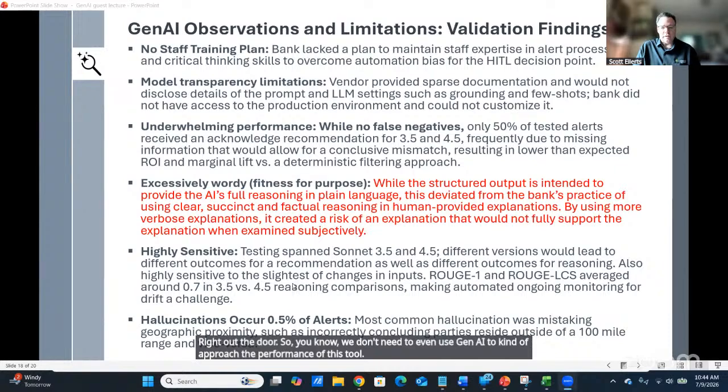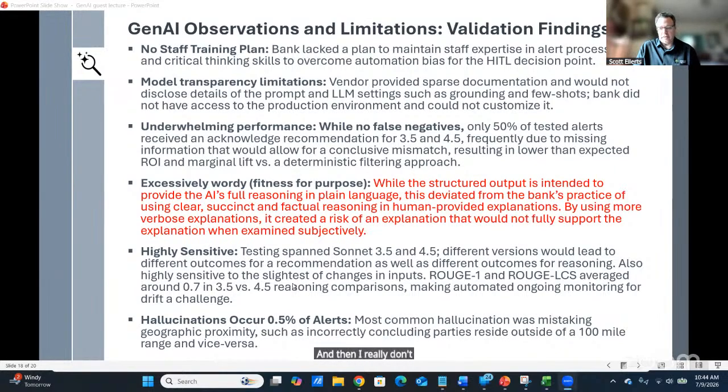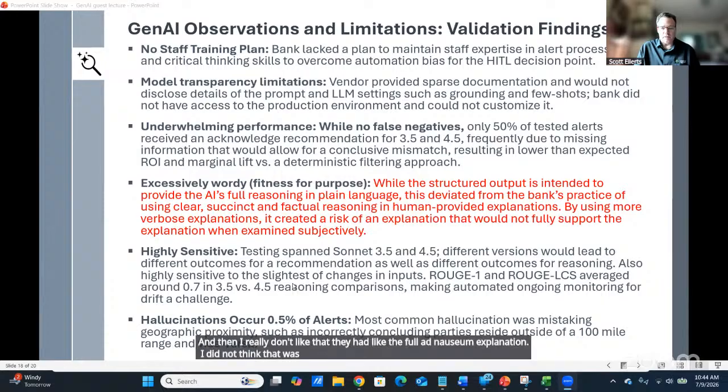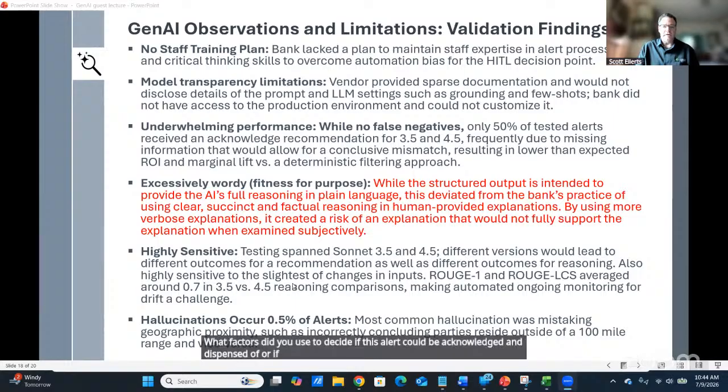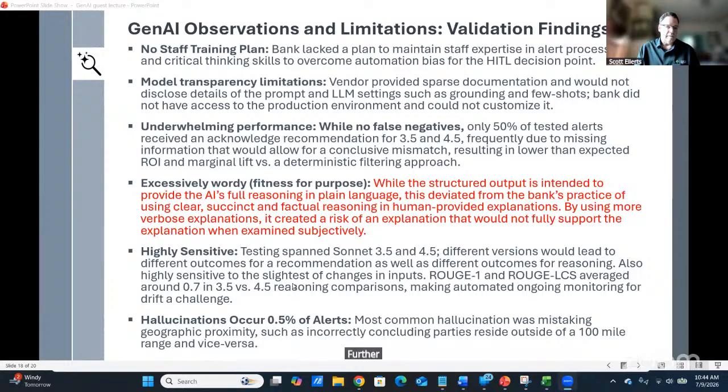And then I really don't like that they had the full ad nauseam explanation. I did not think that was necessary. It was really just more of what factors did you use to decide if this alert could be acknowledged and dispensed of, or if it needed further investigation.